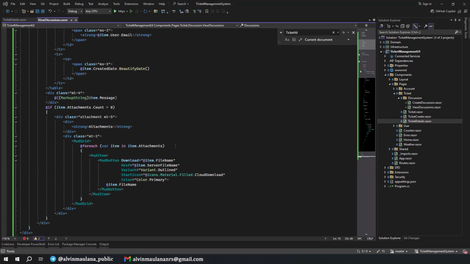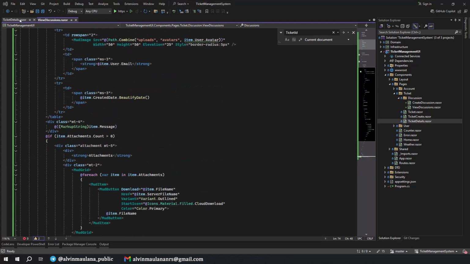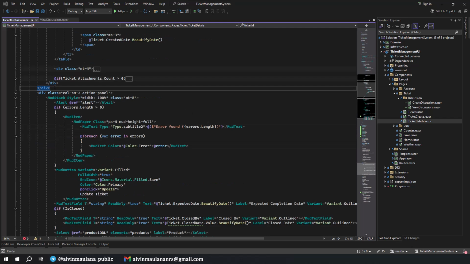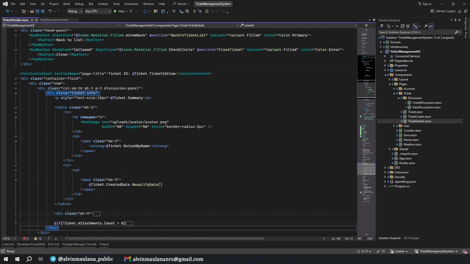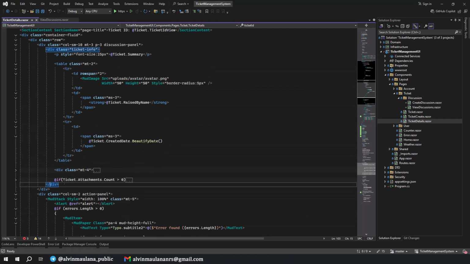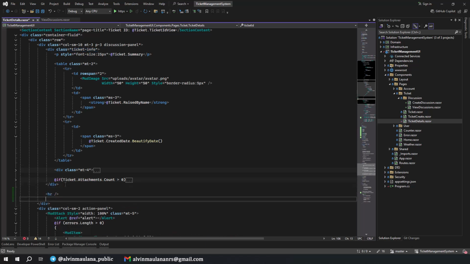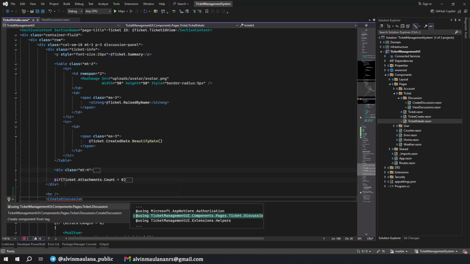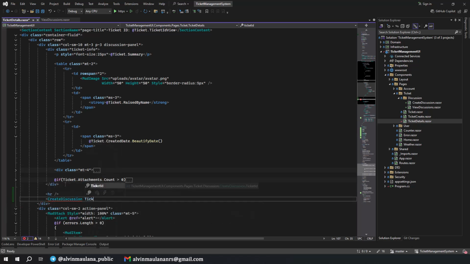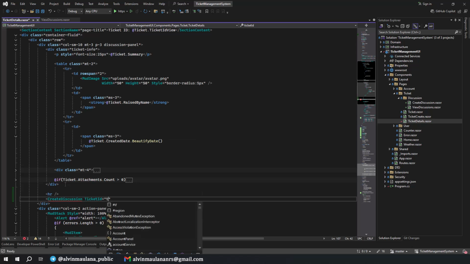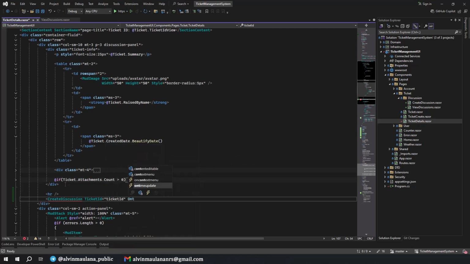And the remaining thing we need to have is on our ticket details. So we show here below the ticket info, yeah. In here we put the HR. We show the create discussion. I add the reference, and then ticket ID. It comes from the ticket ID, and then on notify parent.